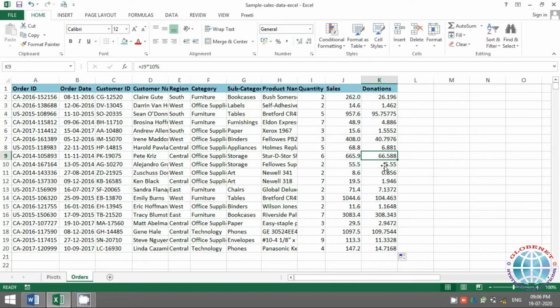The pattern was one cell before it into a static value 10%. If I would have dragged the formula sideways, the pattern remains the same, one cell before it into 10%. So the default way in which these references work, like the one that we just saw, is called a relative reference. By the word itself we understand it relates the pattern to the original formula and then it gives you the value.